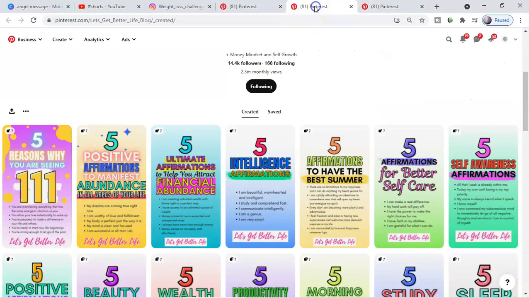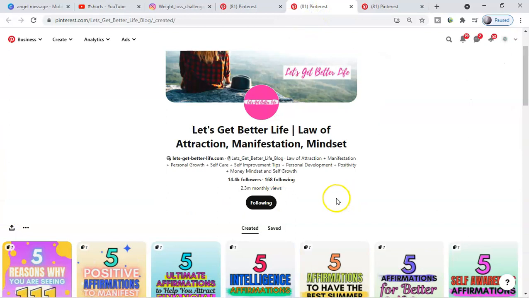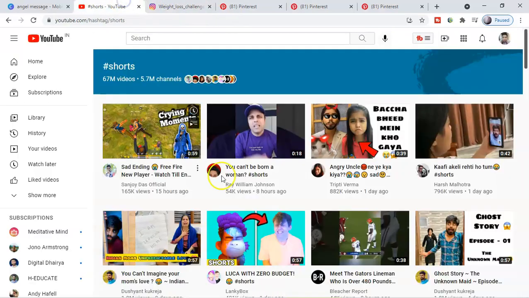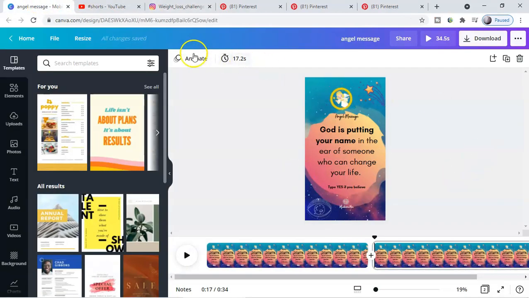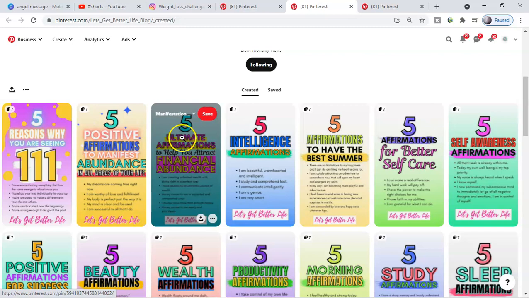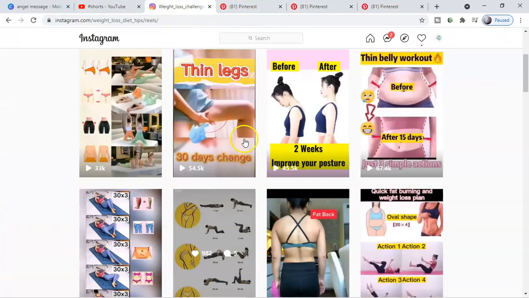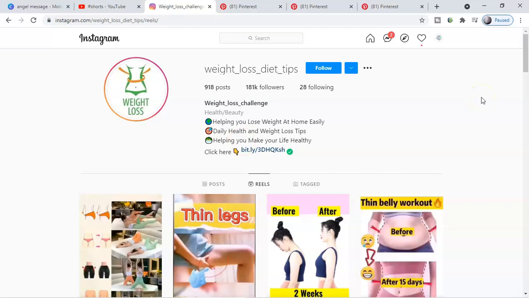That is the reason Pinterest is one of my favorite free traffic platforms to promote your affiliate offer. So right now, if you are a beginner affiliate marketer and you're trying to promote, first you have to build up your Shorts and your reels, and only then can you promote your affiliate offer. And one of the best parts is that all of these video aspect ratios are the same, which you can build with Canva. I'm going to bring very in-depth videos on Shorts as well as reels very soon, and you will see my next video this week on Thursday.